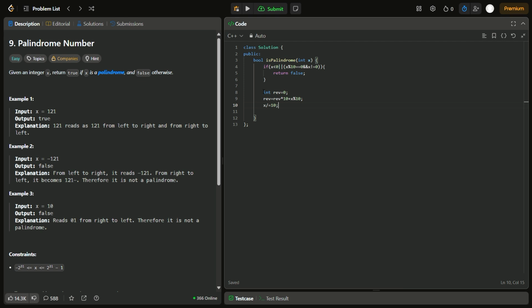Now one more thing, we haven't given the condition of till what value this logic works, like how many times we have to apply this logic. So we will apply a while loop here, which is going to be while x is greater than rev. Okay,